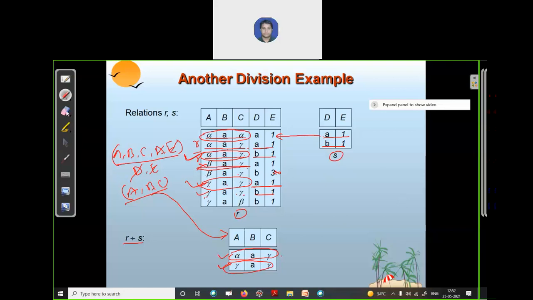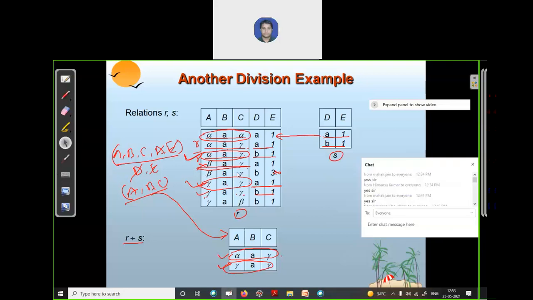Is it clear? Okay. So if it is clear, let's see some examples.